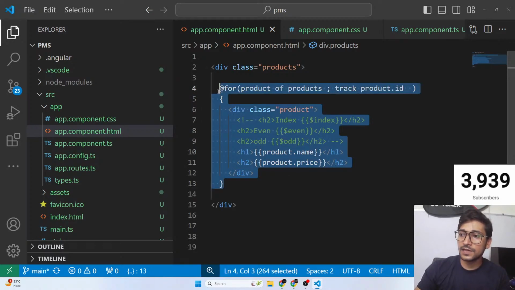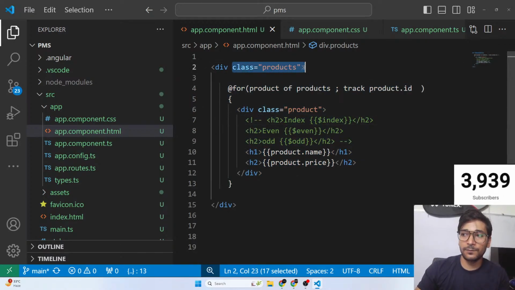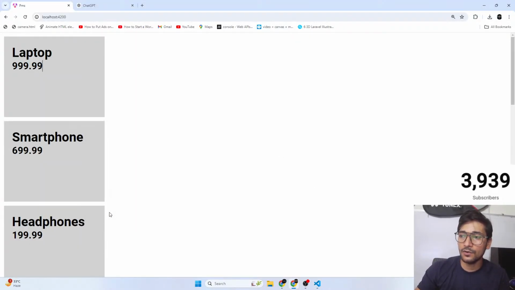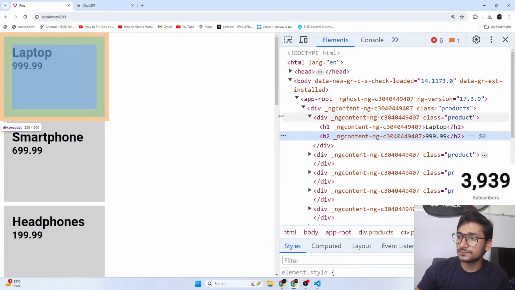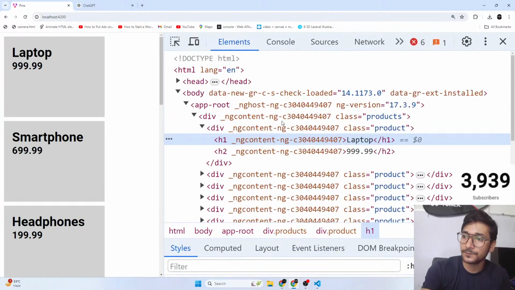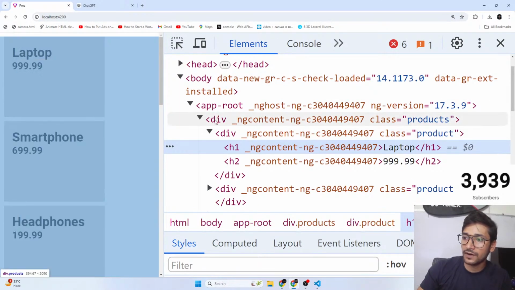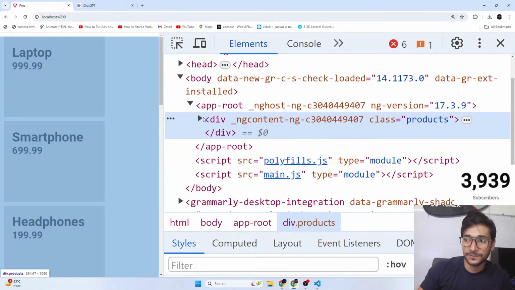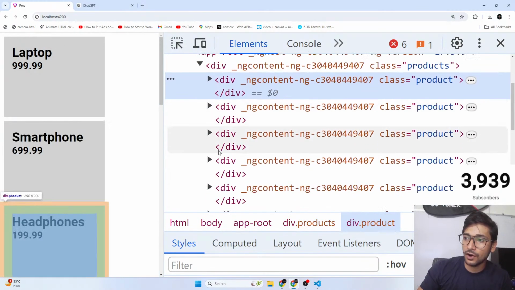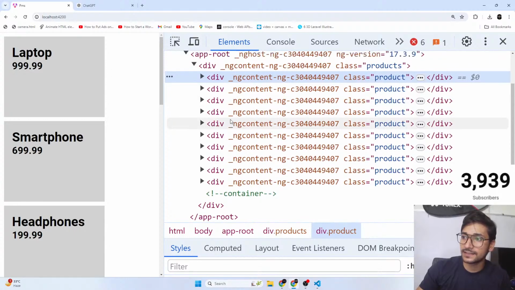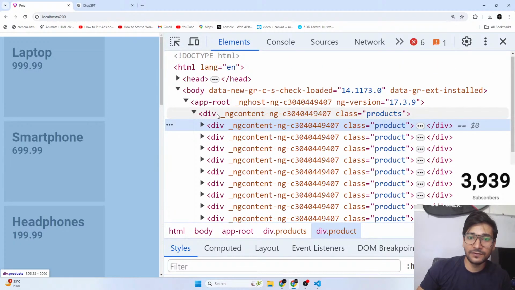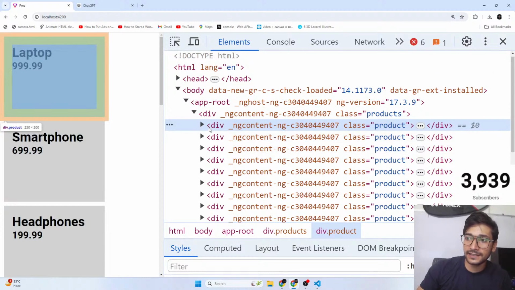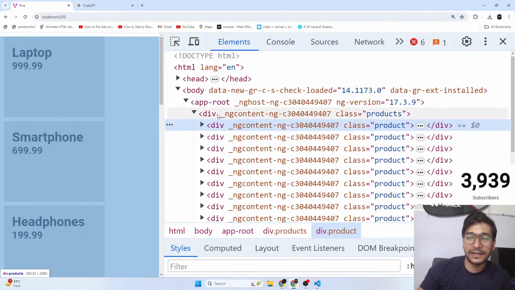Okay. So guys, now what's happening? We have a main div products, parent div. Inside that we have our for, and then all the 10 divs are generating. So how will our HTML look, guys? Now you will see, first, I hope you can see that, guys. First, we have a div products, which is our main parent. Inside that, we have all our 10 divs. I hope you can see it, guys. Now we have a main div, which is products. And then inside that, we have all our 10 divs. So now we can style it properly, right? Let's go and try to style it a little bit.